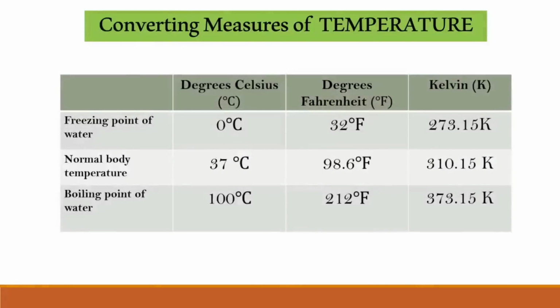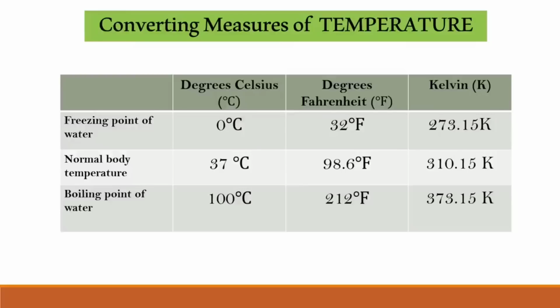In this table, you can see the most common conversions that you must memorize. So for the freezing point of water, it is 0 degrees Celsius. In Fahrenheit, it is equal to 32 degrees Fahrenheit, and that is equivalent to 273.15 Kelvin. For the normal body temperature, it is 37 degrees Celsius, or 98.6 degrees Fahrenheit, or in Kelvin, it is equivalent to